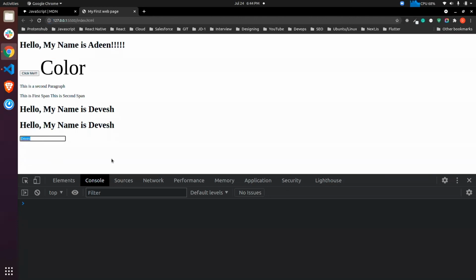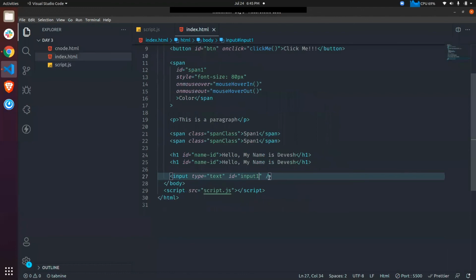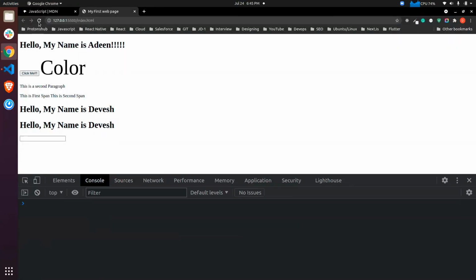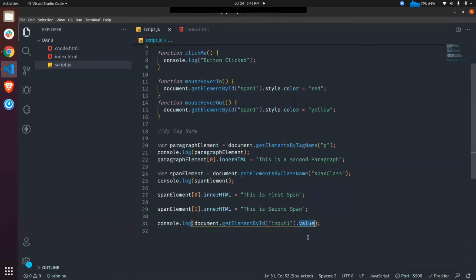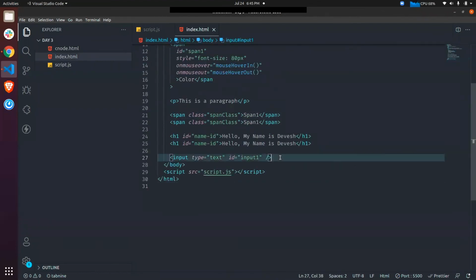Okay, it is not working. Dot value. Input 1 IDs. Okay, it's not working. Probably I'm making some silly mistake. Call it in the onclick function.